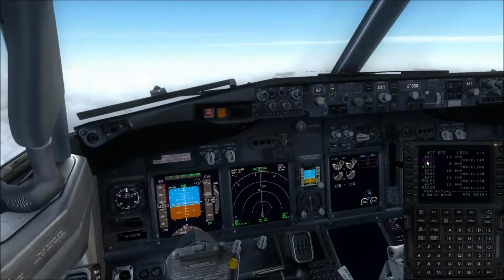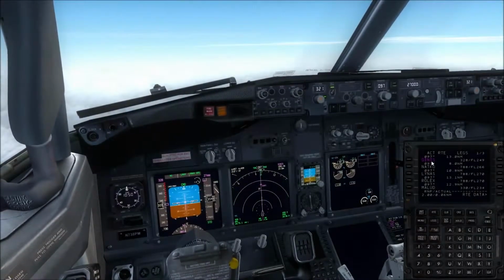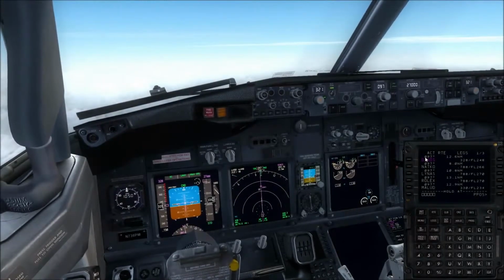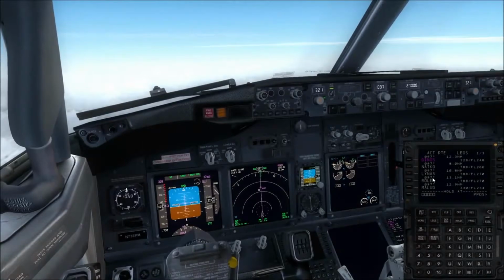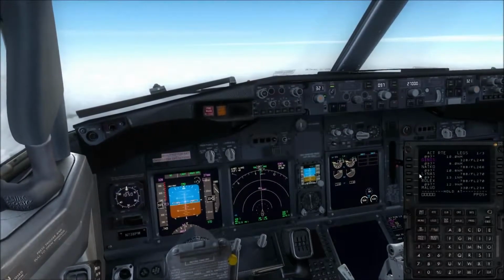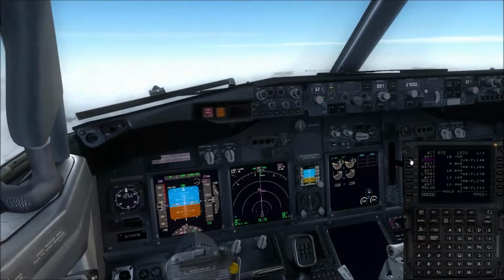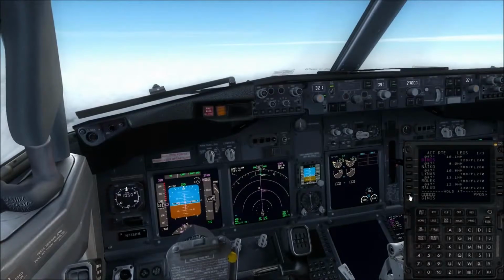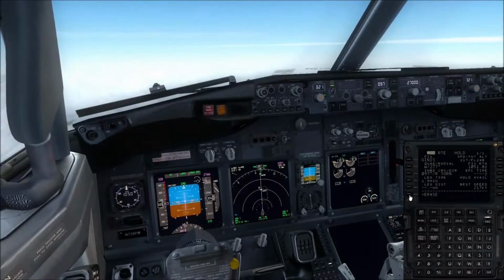So you see here I've got the legs page up and here's the next waypoint in magenta. Going to the hold page brings up the legs page, but at the bottom a hold at section. So if I click alongside this waypoint or any other waypoint on this list, I can then insert it into the boxes under where it says hold at.